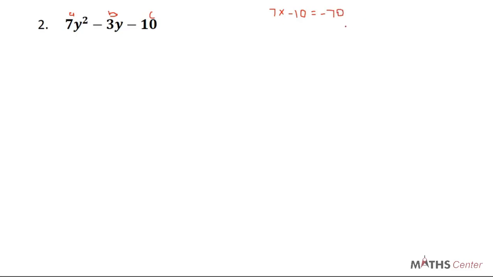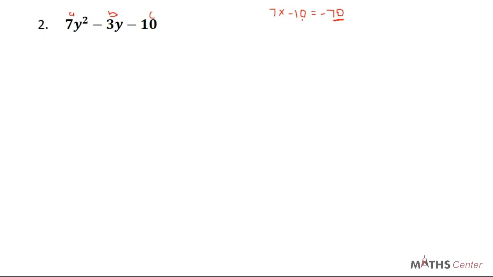Now how do we proceed from here? We are looking for two numbers that when you multiply, you are going to get minus 70, and when you add, you are going to get minus 3. You usually get those two numbers from the factors of the product of a and c. In this case the product of a and c is minus 70, so you have to look at the